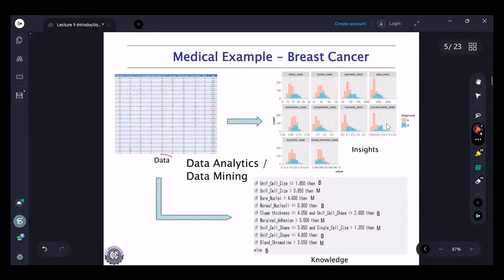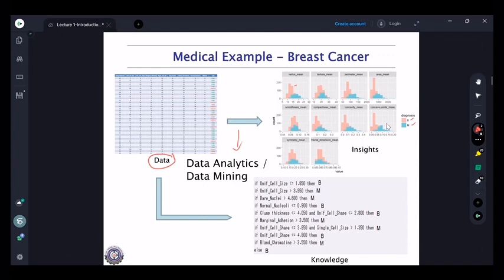So the data is the raw fact. You take the data here, and after you process it in data analytics or data mining, then we will get this one, and after that this is the diagnosis, benign and malignant, B or M, right? So this is the B, the color you can see here, let's say the light pink,